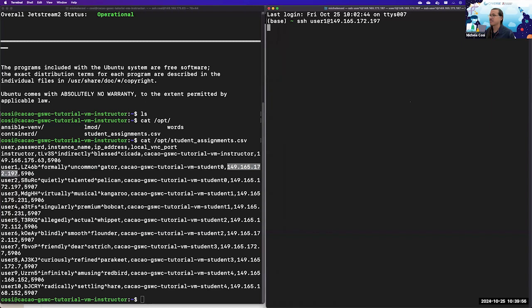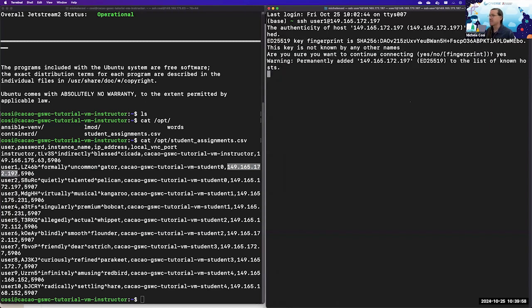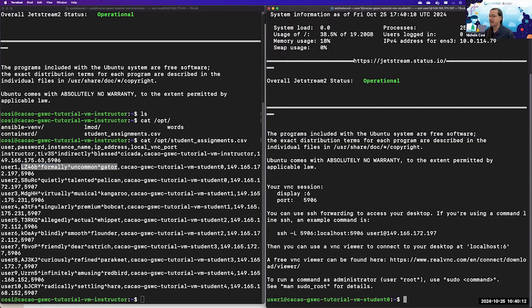And I'm going to press enter. I'm going to press yes to the fingerprint, and then it asks for the password. Now, we have already been given a password, so I'm just going to go ahead and copy it and just press enter. And now I am inside the student VM.